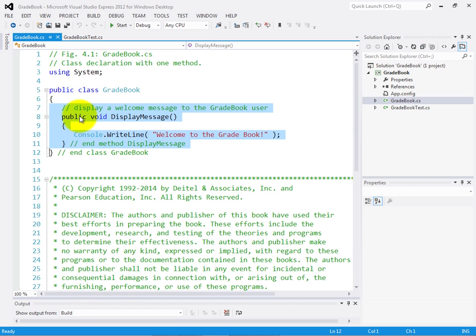Now, syntactically, most methods you'll define, but not all, will start with the keyword public, followed by a return type, in this case void, saying that the method does not return a value, followed by the name of the method, and by convention, method names have the same naming convention as class names, capital first letter and capitalization of each subsequent word in the name. And if the set of parentheses following the method name is empty, that indicates that the method takes no parameters and therefore does not require any additional data to perform its task. And in this case, the only thing we're going to do again is to write a line of text to